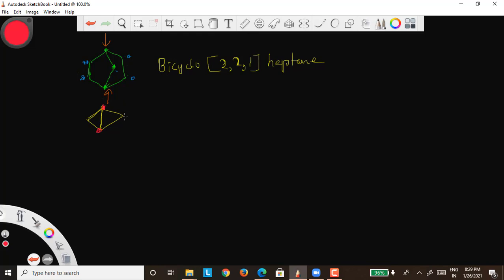And this is one carbon in the ring. This is one carbon in the ring. In the middle, the bridge does not contain any carbon. So these two bridgeheads are connected with a bridge containing no carbon in between. But on the right side you have one carbon, and on the left side also one carbon. So these are the carbons of the bridges. And this is again one more bridge.